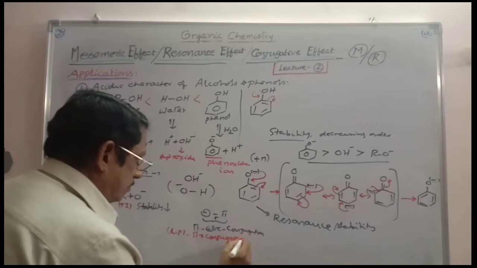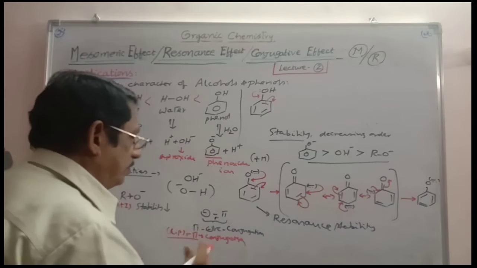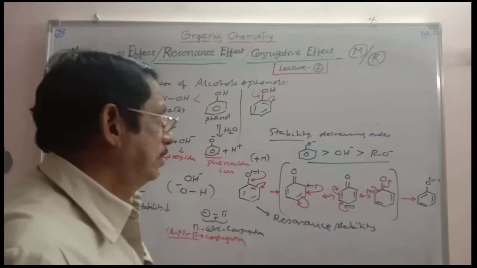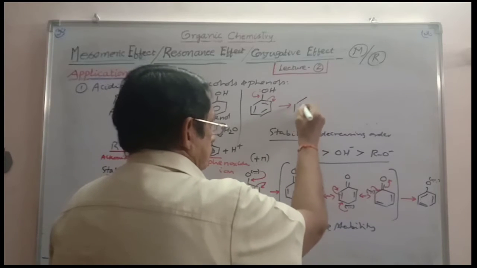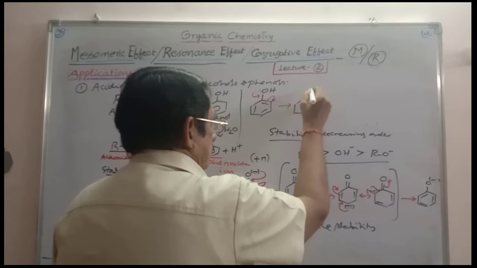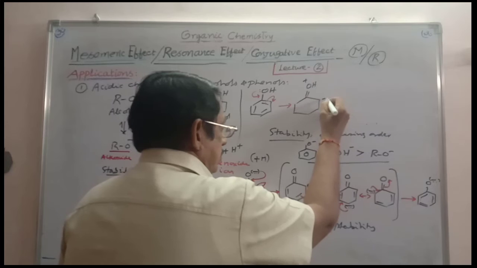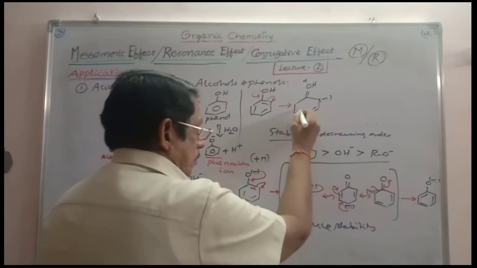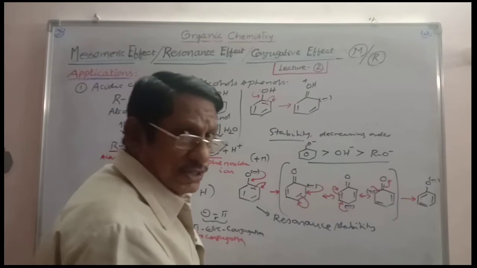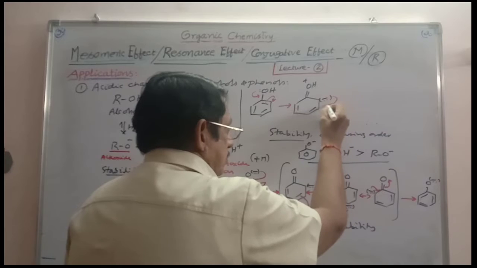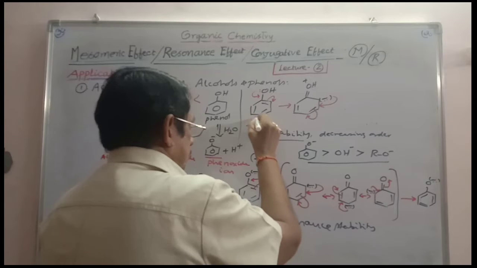Both are separated by a sigma bond, don't forget. Lone pair, sigma and pi. This is the conjugation, lone pair pi conjugation. So you can write the resonance forms for this once again. Double bond to OH, O is giving its lone pair and that is why O gets a positive charge. This charge is settled here. Once again, charge, sigma and pi bond, delocalization. You can show the mesomeric effect, plus M. This is also having plus M.